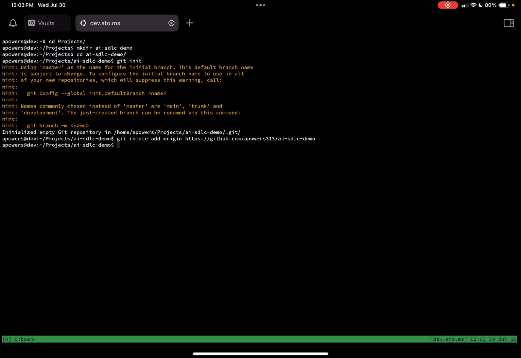Hey everybody. Today I'm going to do a demo of a software development lifecycle using Claude Code, which is generative AI. Claude Code was released about 2 months ago in May of 2025. So this is kind of bleeding edge AI development tools. One of my motivations for doing this demo is to show kind of what the state of the art is,